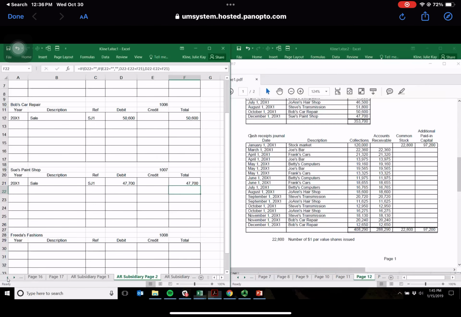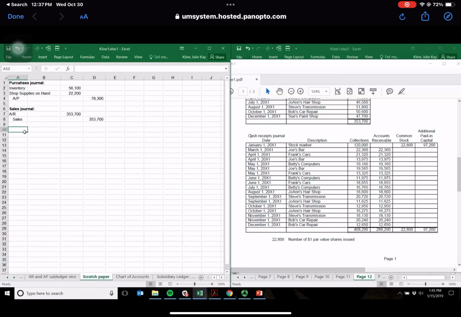So I'll go ahead and do that on the scratch paper so you can see it. Again, this isn't anything you need to write down unless you want to have it for your records. Cash receipts, debit cash, that's what cash receipts means. Cash payments would be, of course, credit cash. Our credits and the cash receipts are given, I'm going to abbreviate